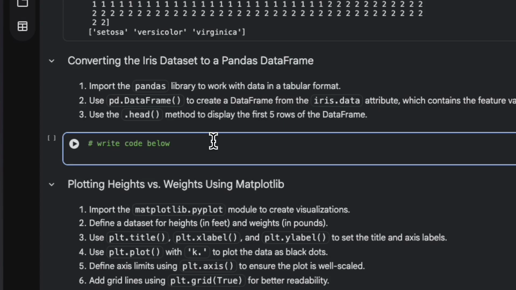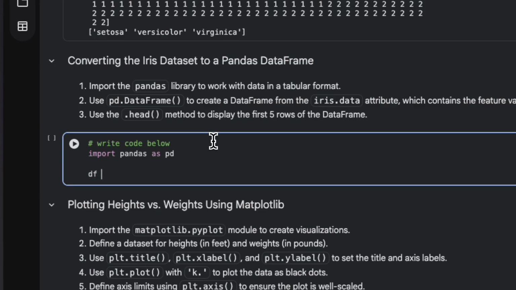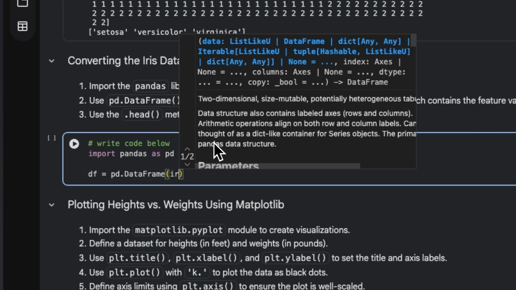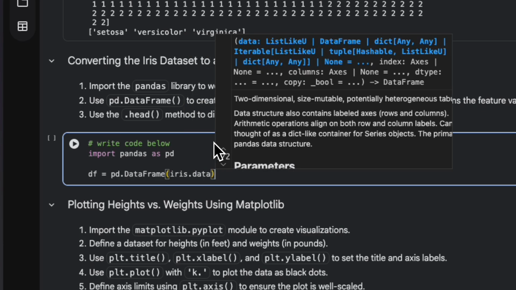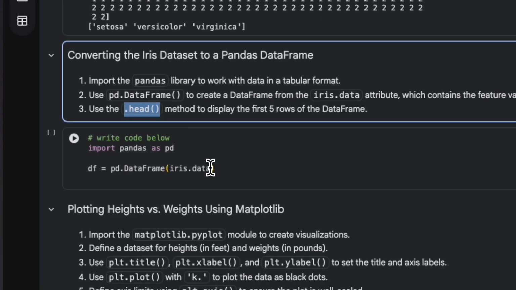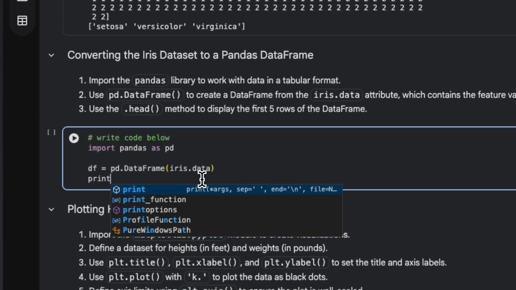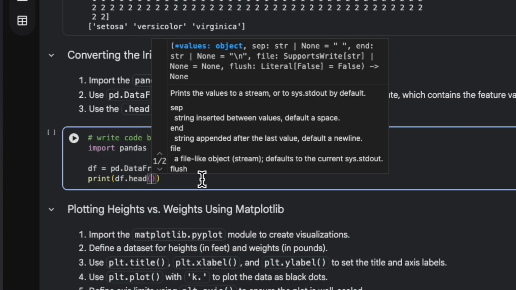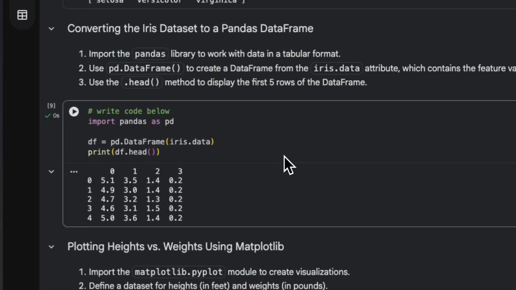So we'll do as simple as import pandas as pd, and our data frame will be pd.DataFrame. We need to set up the data, so we'll use the iris data, and we can print the head the way that it's asking us here to do. So let's do print data frame head,